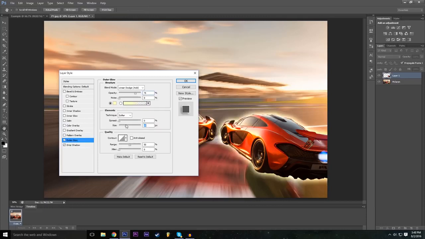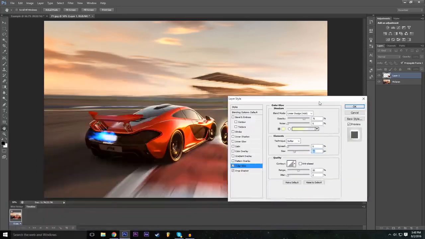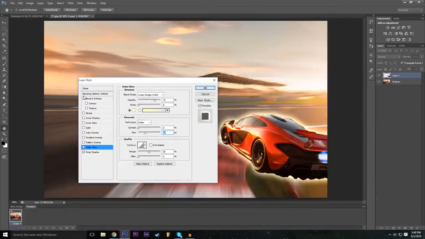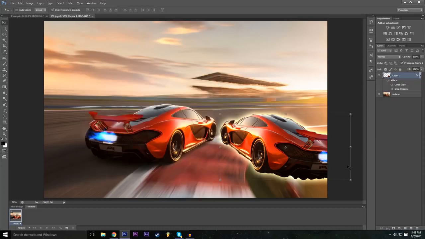And then we can increase the size. As you guys can see, that looks pretty cool. So yeah, I just showed you guys everything else. It's quite straightforward for the effects. But now what we're actually going to do is make an adjustment layer. And basically we're going to mess around with the color correction, the exposure, everything to make this image look as